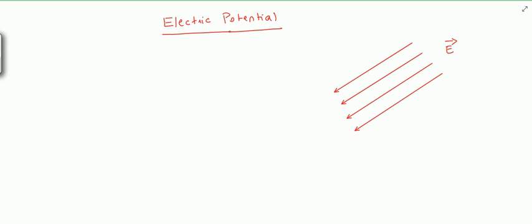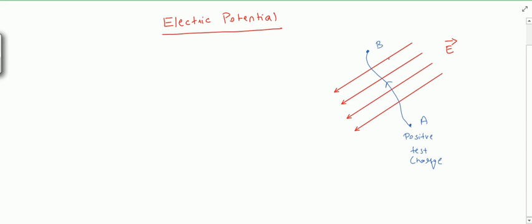So to understand what is electric potential, let us consider that electric field lines are going through. They are generating from some charge distribution. So they are going like this. Now I have one positive test charge placed at location A and I want to move this test charge to location B. So here is my positive test charge placed at A and I want to move this charge from A to B